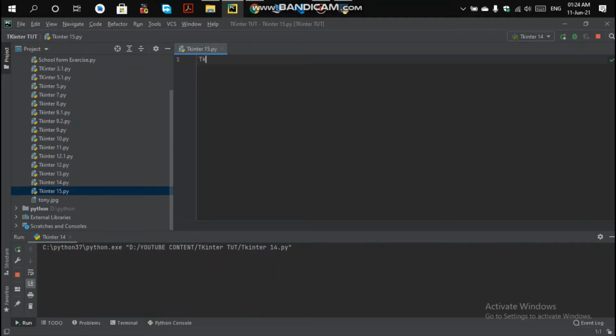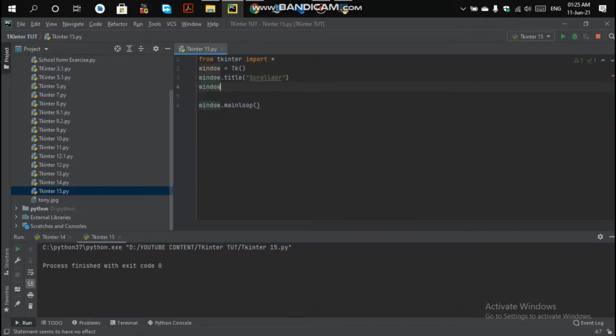First let's import the Tkinter module of Python, that is from tkinter import everything. I have told you about what we are writing here. Creating the window, that is window = Tk(), and window.mainloop(). That's all for the simple window that you want in your application. Let me give it a title and the geometry to size it. So window.title to give its title. The title will be Scroll Bar, which we will see in the video.